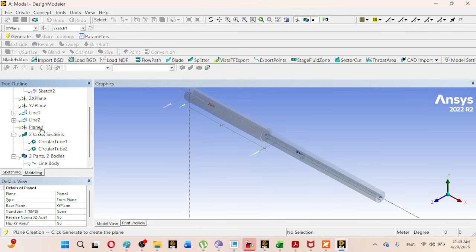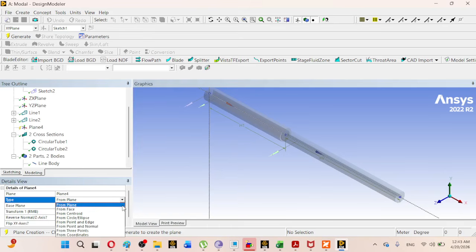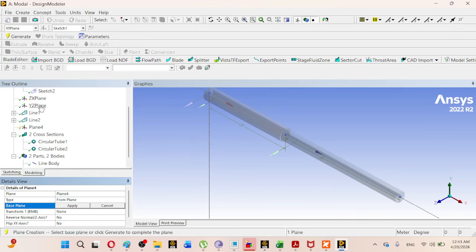and set its type to be from plane, and the base plane is to be the YZ plane. Remember, because the new plane will be parallel to this YZ plane, because on this end